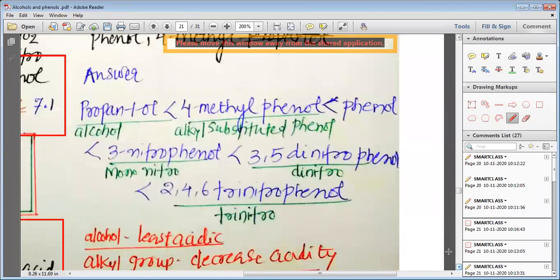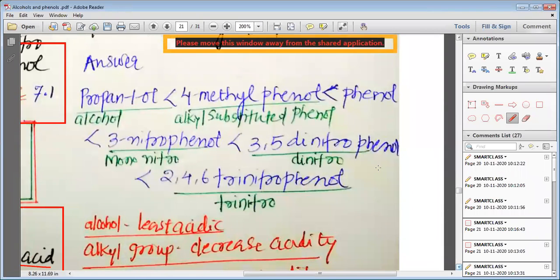So we will arrange them in the increasing order of their acidic strength, and we would come to know that propan-1-ol is less acidic than 4-methylphenol. 4-methylphenol is less acidic than phenol. Phenol is less acidic than 3-nitrophenol. 3-nitrophenol is less acidic than 3,5-dinitrophenol. 3,5-dinitrophenol is less acidic than